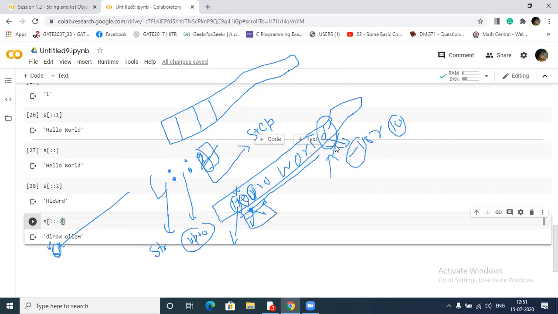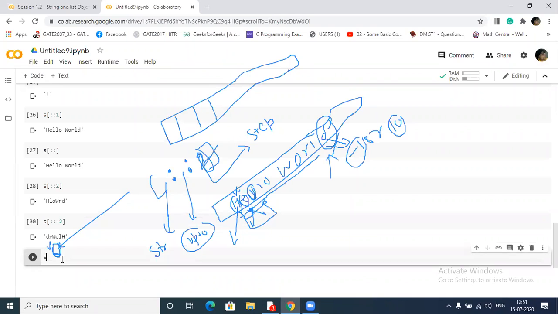It will set its counter here, and if you take the mod value, it gets 2. It means in the reverse direction the step size is 2. Then first it will print D, then escape L, then print R, then escape O, then print W. Got my point? So let me run this. See what it has done. Got my point? Clear? Yes.